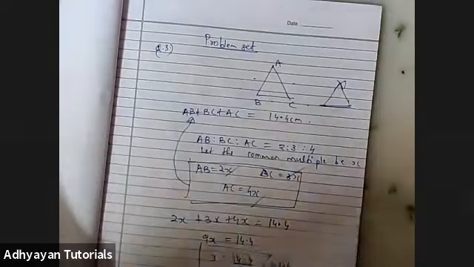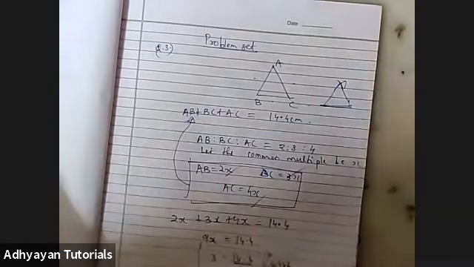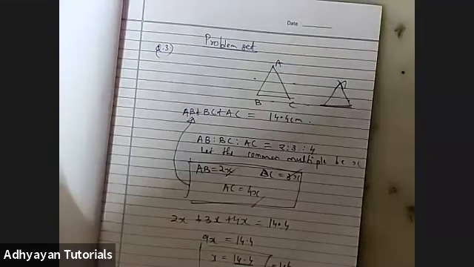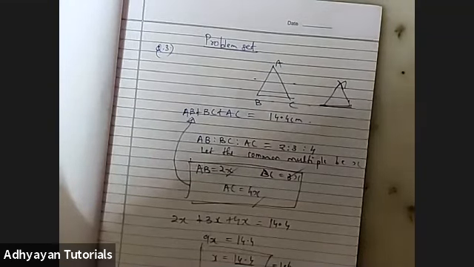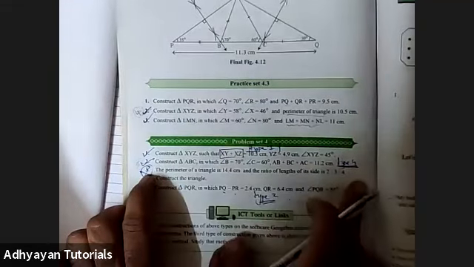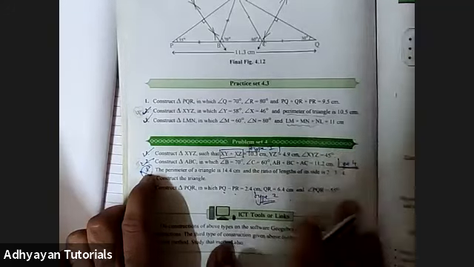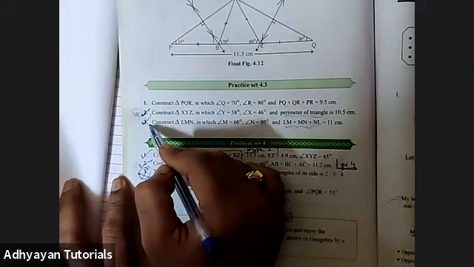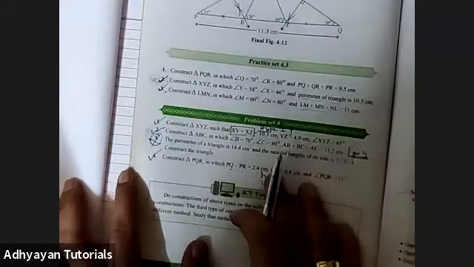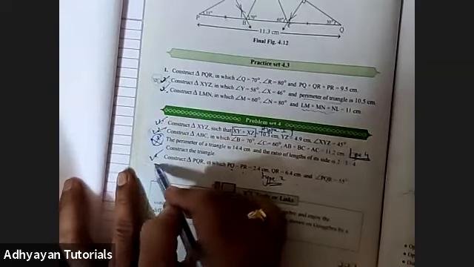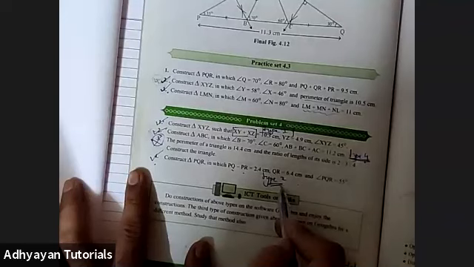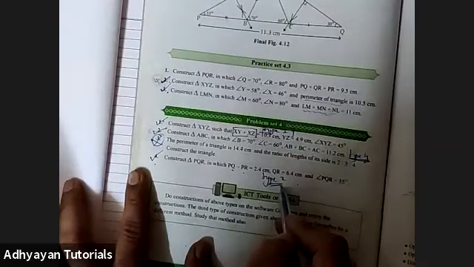Yeah, thank you so much, children. In case, as I can see, sir, I have no doubt. Okay, sir, should we do the problem set for third sum? No, you don't have to do the third sum since it is not there in the syllabus, right? That was just for our knowledge. But we have to complete 4.3 ka second and third sum as homework or as assignment, and we have to complete first, second, and fourth sum. First sum is type 1, second sum is type 4, and the fourth sum is type 2, right?